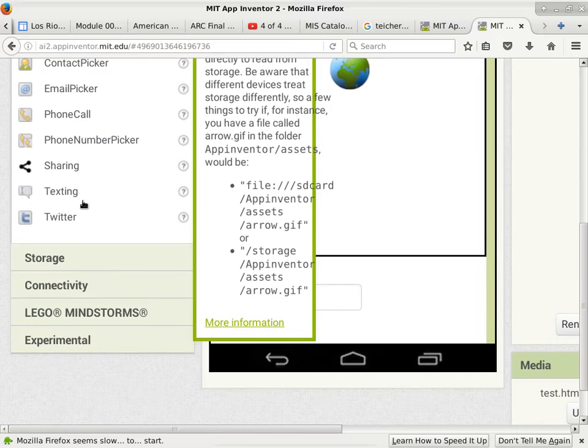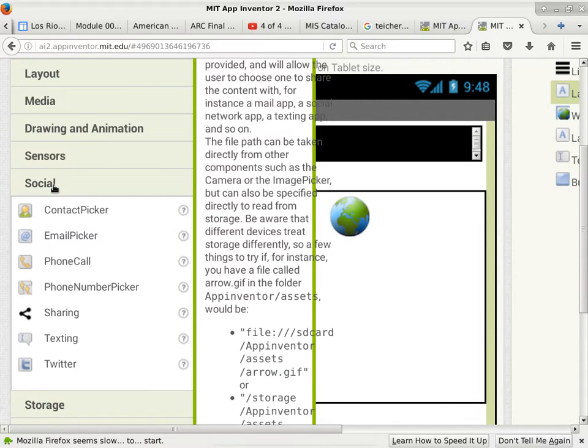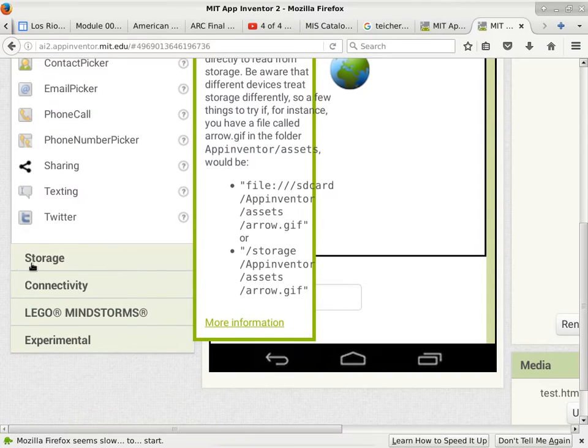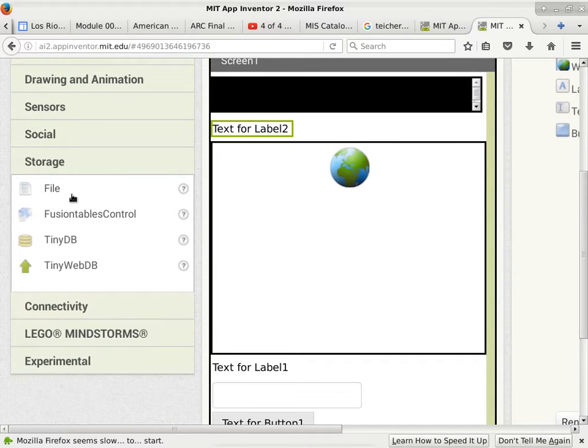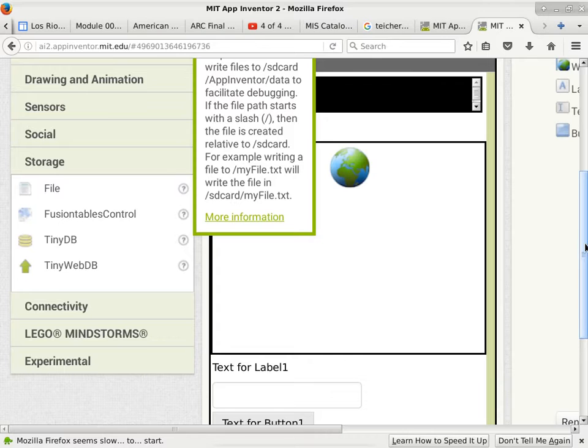Okay, so we didn't really do much with social in this class. We did talk about a few of these items. File is kind of important. TinyDB is definitely important. These two particular items we have talked about, and I have sample programs to utilize these particular things. Now when you look at file, this is a little bit misleading because the file component